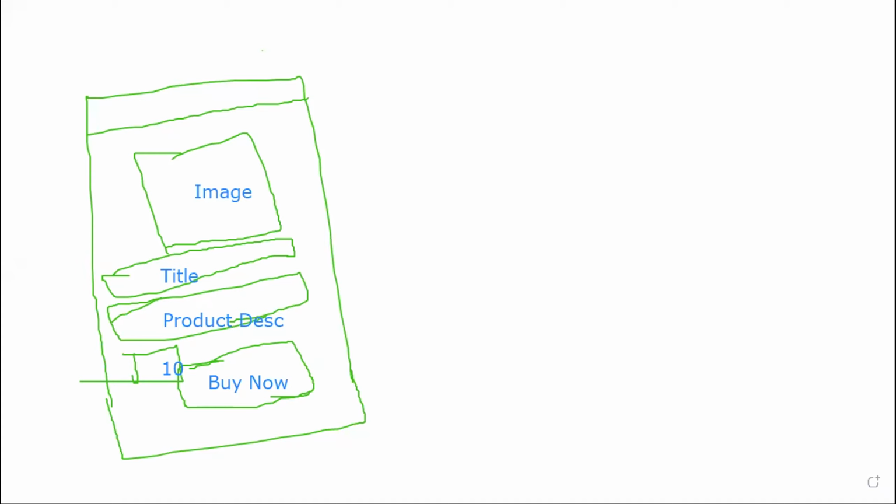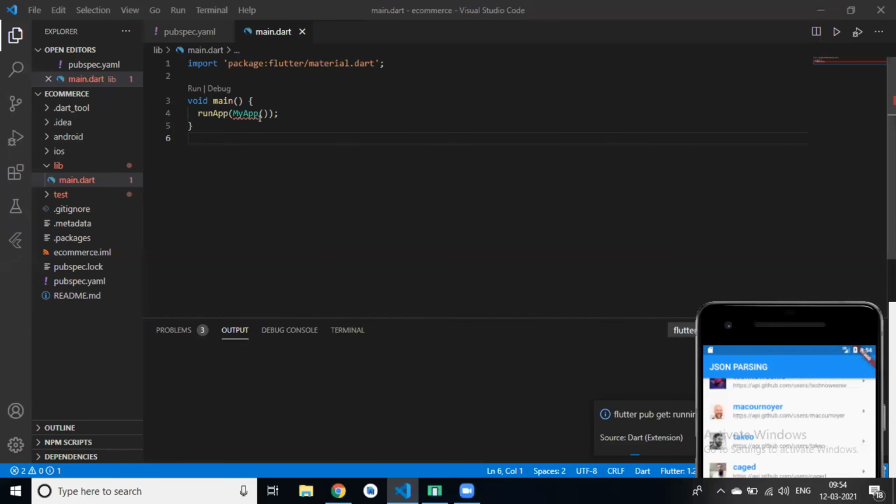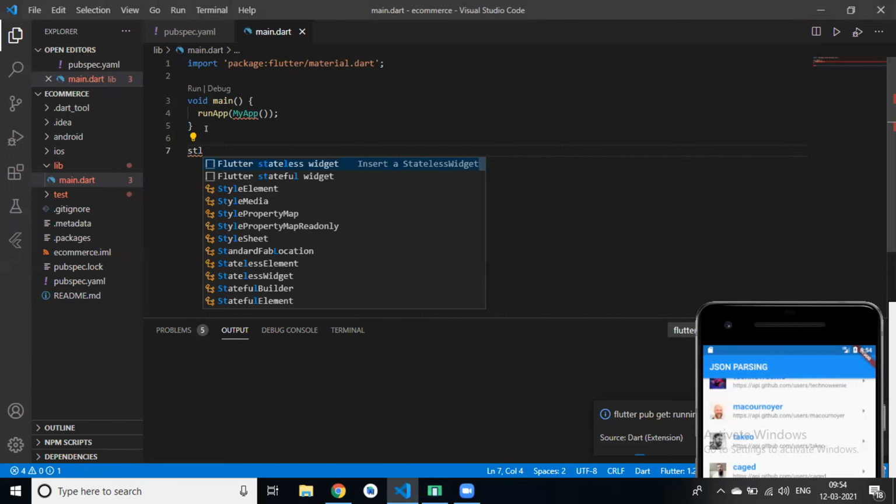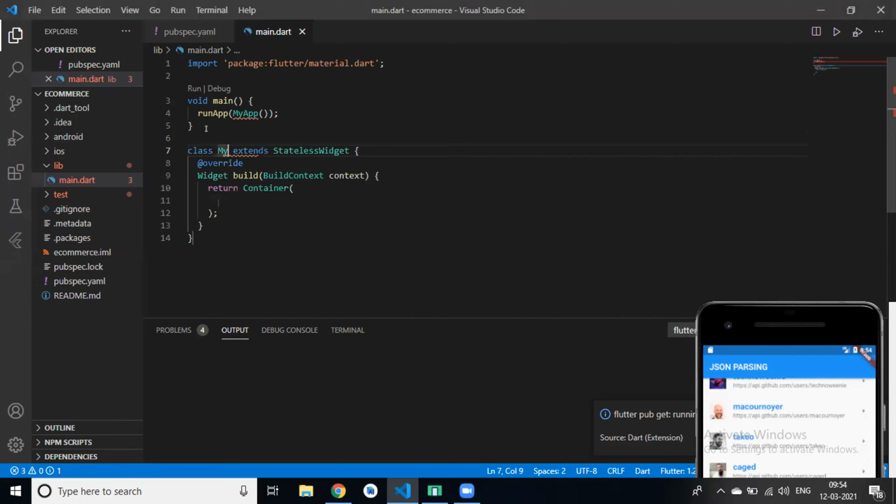So first stateless, SCL, for my app. Then we have a material app. Then home, and in home we have a home page, HomePage.